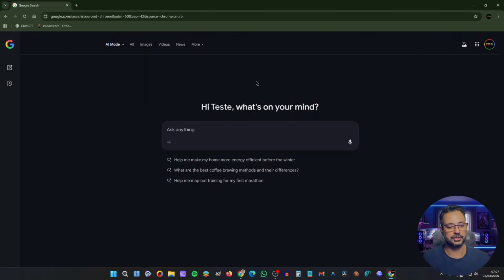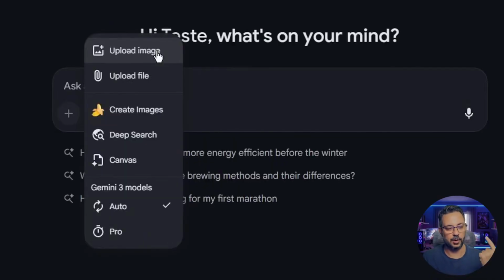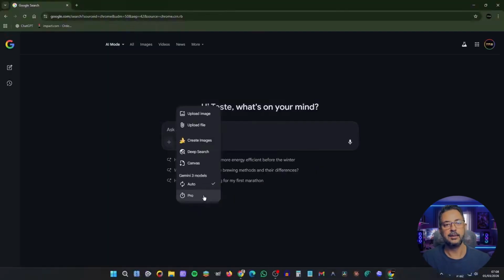Leave it in automatic mode, then just click on the plus sign. Notice how many things you can do here in AI mode. You can upload an image, upload a file, create an image, one directly from the search using NanoBanana 2, do deep research, use the Canvas, which is this new tool, and then here are the options to select the AI model, Auto and Pro. To use the Canvas, you need to be on Auto, so I'll leave it on Auto,